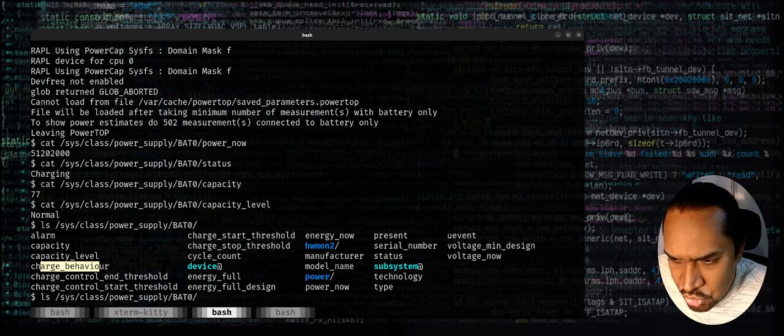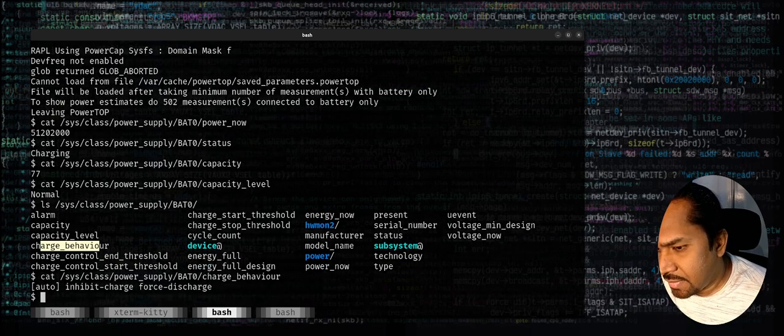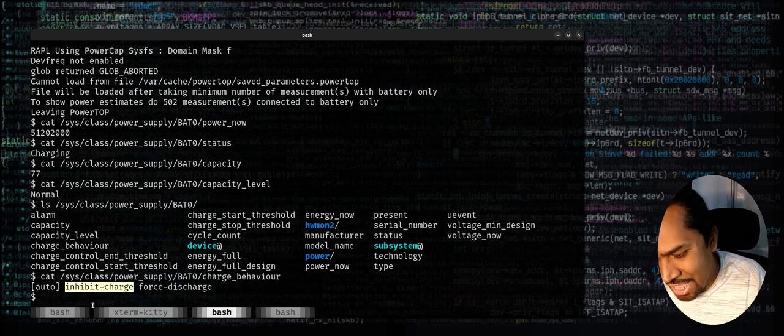This file right now shows you these details. Right now the charging is automatic. It decides when to charge, when not to charge automatically. But you can actually select inhibit charge. If I say echo inhibit,